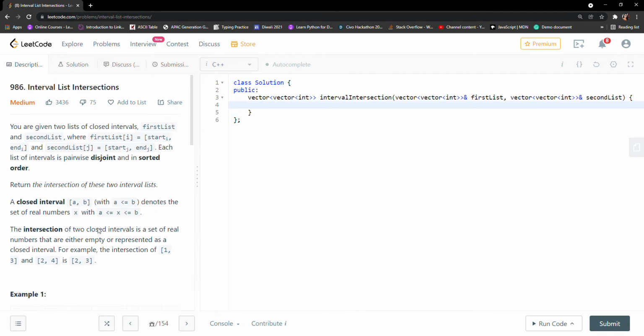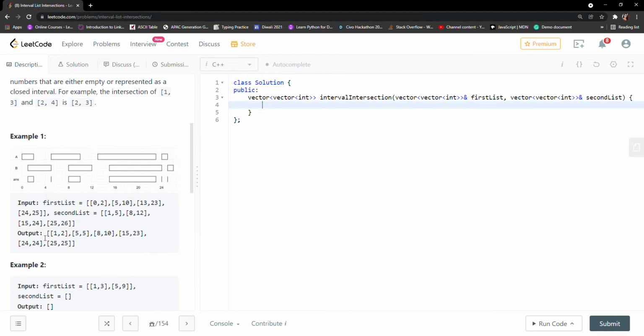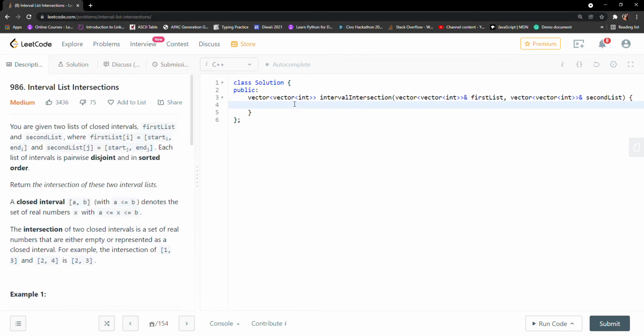As you can see, we have to find the intersection, so we have to return a 2D vector that contains the points of intersections. So I will make a 2D vector, let's say answer, and then for iterating both our lists, I will take two integers i and j, and then I will make a loop here, and I will run the loop till i is less than first dot size,